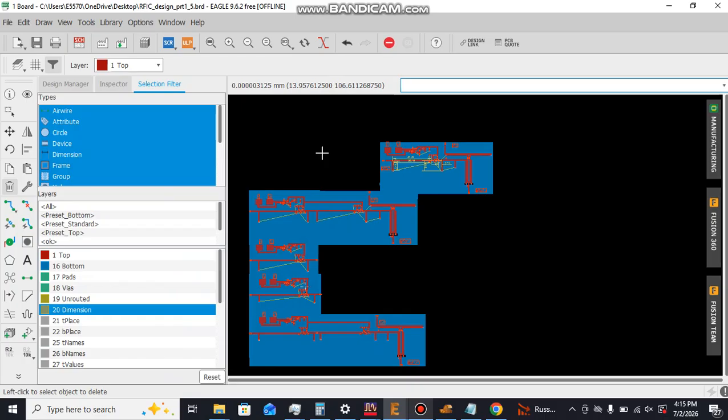So in this video I want to show you my improvement in the design process of part 1 in the RFIC design from my last video. As you can see, I have created multiple circuits of the same thing. Here is a low noise amplifier and the mixer here, and down here I put two of the same low noise amplifiers back to back, which will actually create enough gain